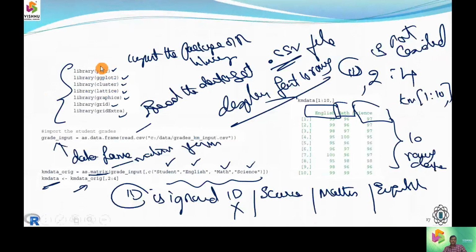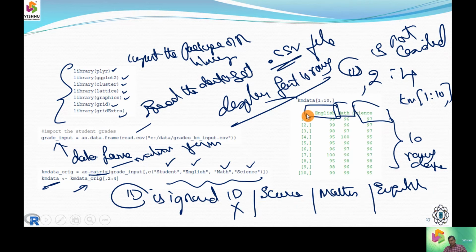Starting with the clustering concept, we need to import the graphics library, import the clustering library, import the lattice library, etc. Thereby we build a user defined frame to import the dataset, and the dataset we are taking is the grades dataset, which has 620 data points, and we import it from a CSV file. We have 4 columns: ID followed by English, Maths, and Science. In general cluster analysis, we can't do much with an ID, so we ignore this ID and we select only the second, third, and fourth.